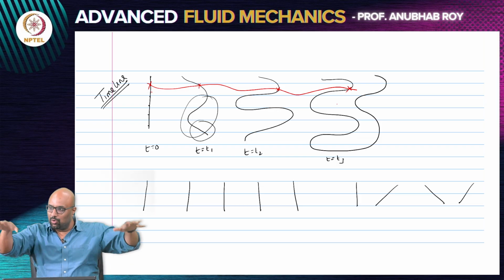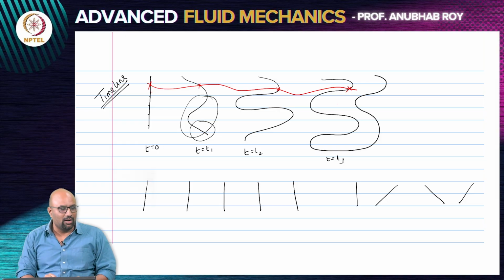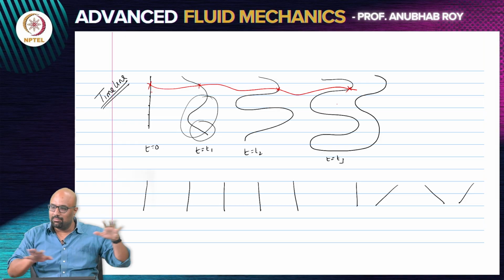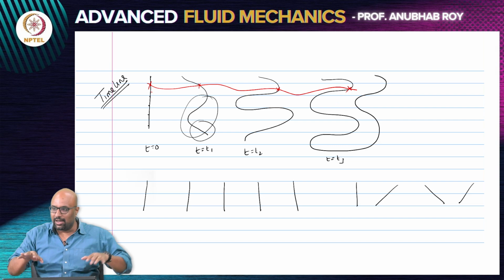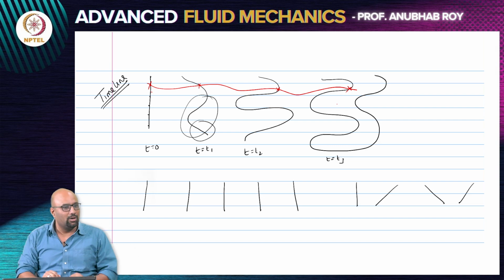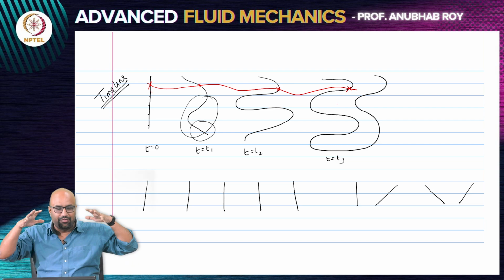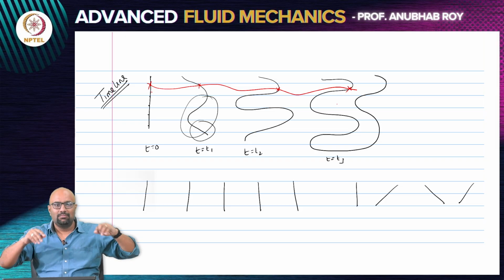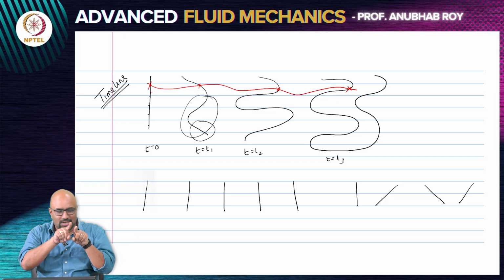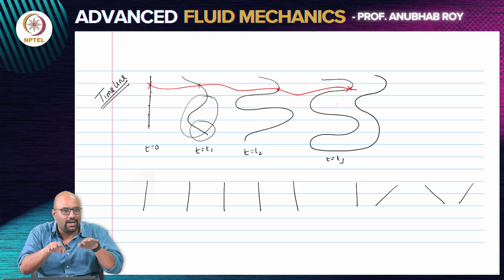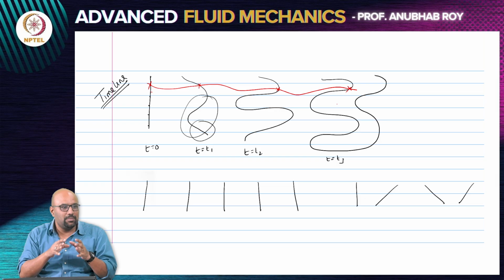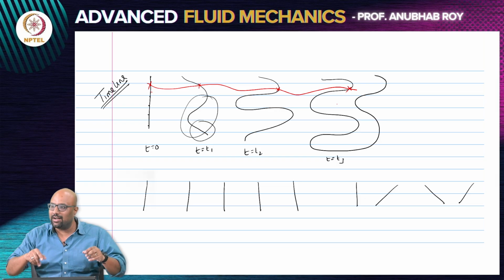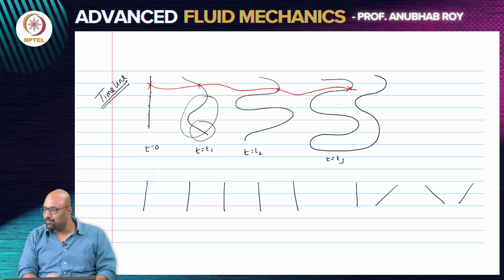Now, while all of you are entering the class, when the class is going on, you're doing your thing, you're moving around, you have not yet gone and sat down in your place. Now, if I just freeze the frame and take two frames which are almost next to each other, I will find out in what direction you are moving. So that gives me the instantaneous velocity vector associated with each of you, right?